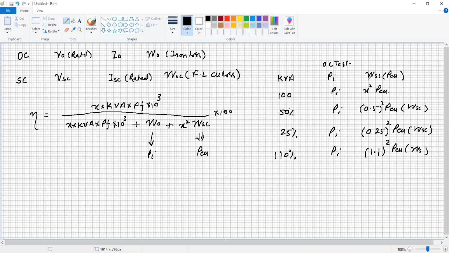The second test, the short circuit test, gives the full load copper losses, which vary with respect to the load condition. Hence, only from the no load data and short circuit data, where the power consumption is very small, we can calculate efficiency and voltage regulation at any desired percentage as well as for higher capacity. In the next lecture, we will see some numericals based on the open circuit test and short circuit test to determine the equivalent circuit parameters, efficiency, and voltage regulation.